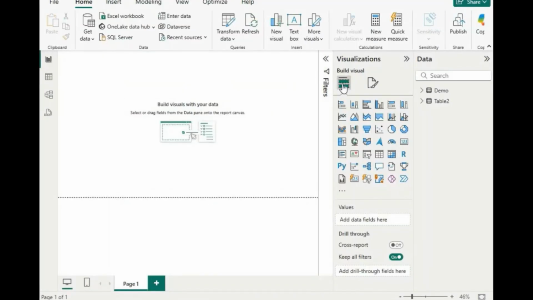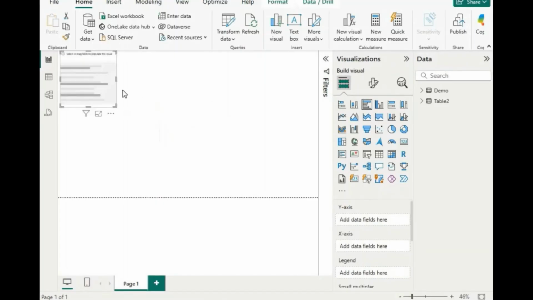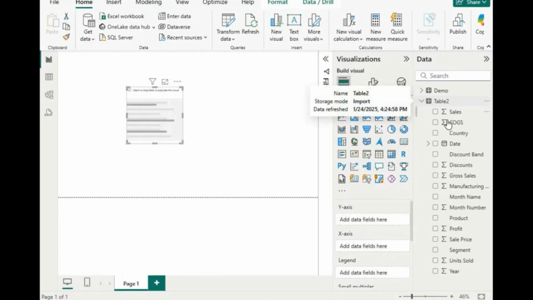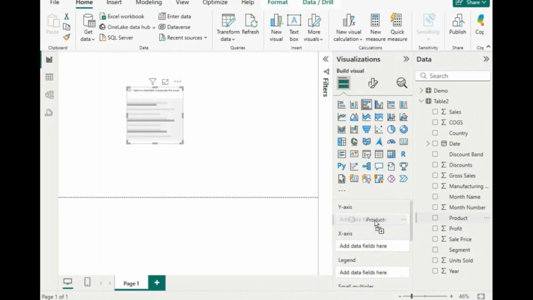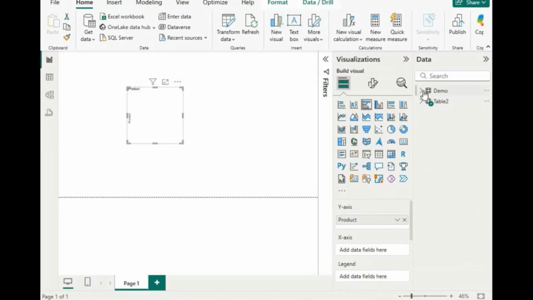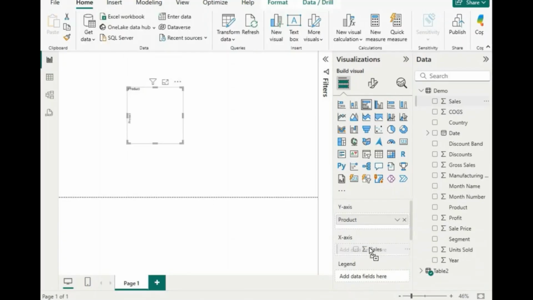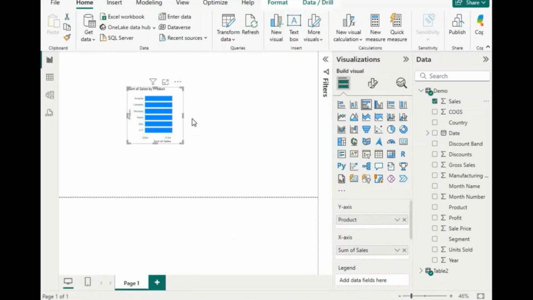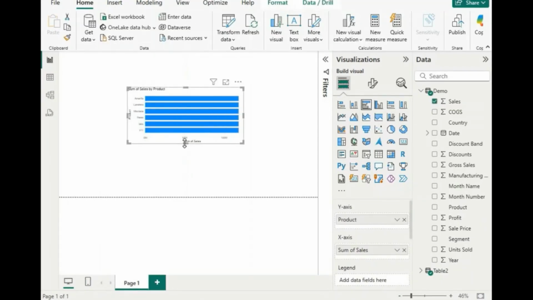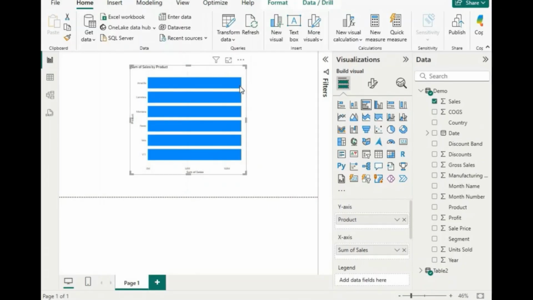Let me just show you a demo of why we need to connect it. Let me pick one visualization, this clustered bar chart. Now let me go to Table 2 and carry profit to my y-axis. That is for Table 2. Now I go to my demo and I carry sales to my x-axis. So it's showing, but if you look at it, everything is just the same. There is no proper